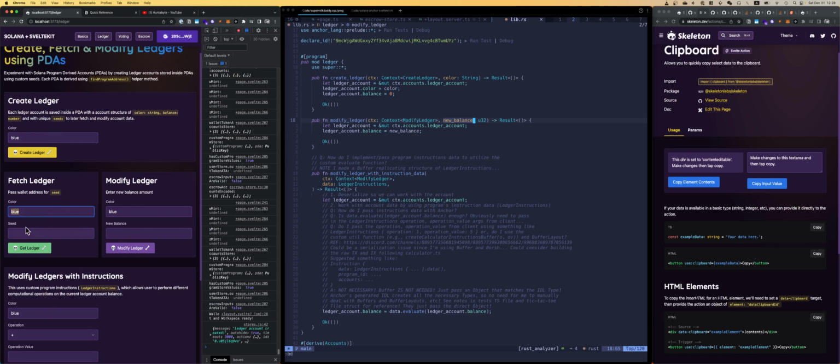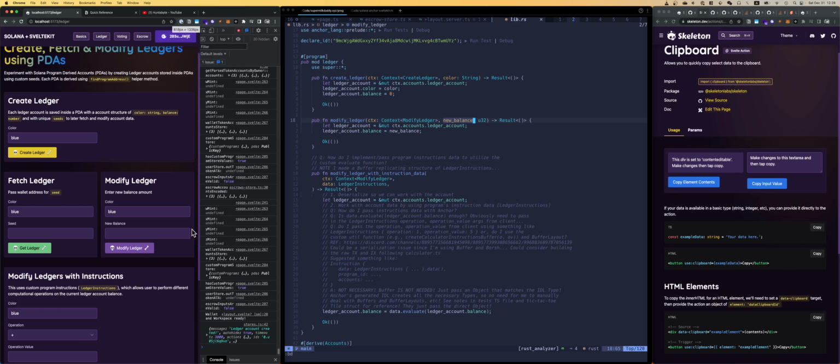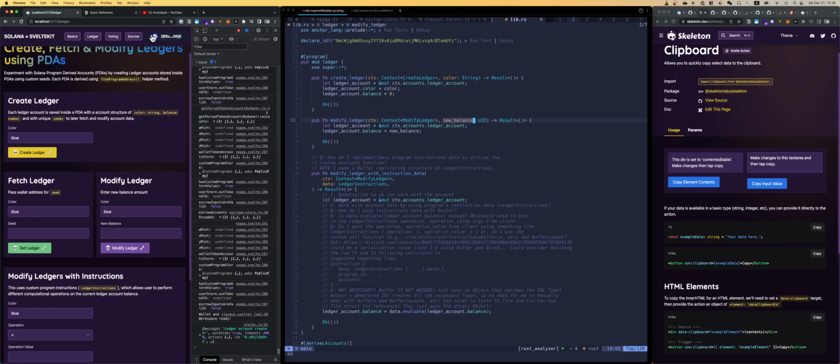Then if I type in, here to fetch it, it may pop up in the console. It's been a while since I've looked at this basic example, but if I take my wallet and copy it, behind the scenes what are the seeds? We have the color, the wallet, and a little underscore. So if I do get ledger,